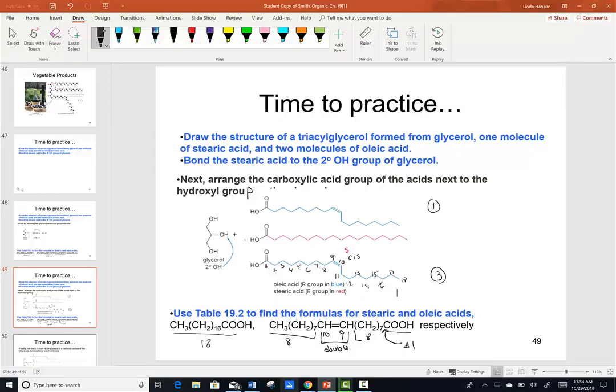Here we have an 18 carbon straight chain. Carbon number 1 is attached to the carbonyl carbon. 1, 2, 3, 4, 5, 6, 7, 8, 9, 10, 11, 12, 13, 14, 15, 16, 17, 18 carbons were drawn in that long fatty acid chain. Glycerol is the backbone of this structure. We have now identified both of the fatty acids that are going to attach to the glycerol and create our